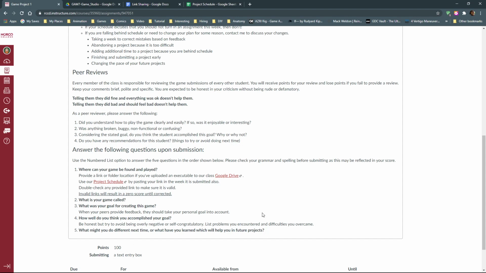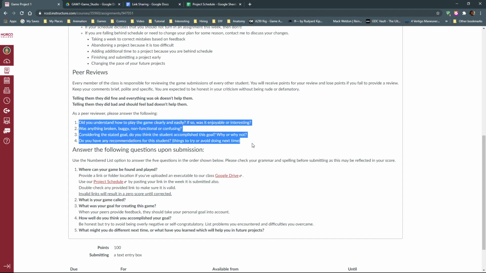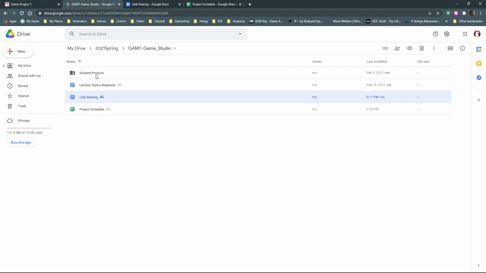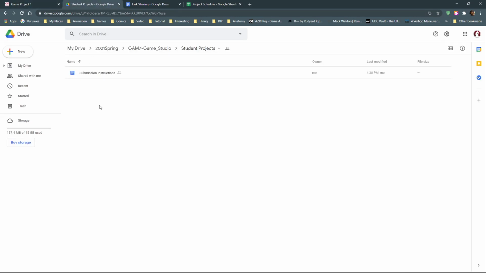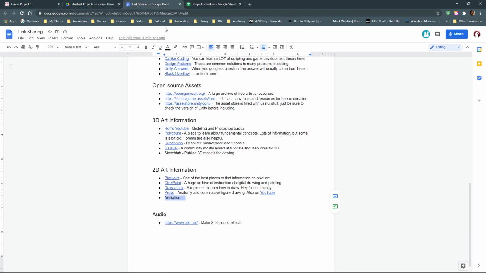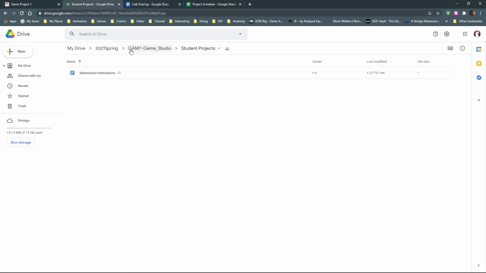So all you're going to do for each submission of homework is fill out these questions. These questions up here are just for the peer reviewers so that they can easily find the things that they are supposed to provide. And then you decide whether or not you're going to just stick it into a folder in Google Drive. You could put a folder with your name on it and stick your submission in there. Give us a link to that. Or use an online sharing site such as Sketchfab or ArtStation. And links to those will be in the link sharing document on our Google Drive folder right here.